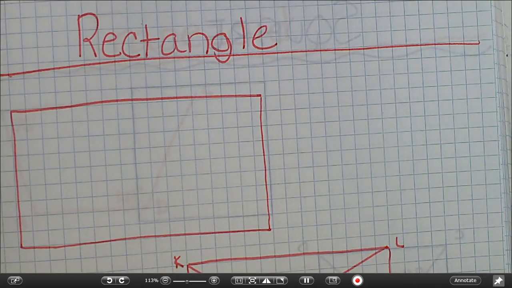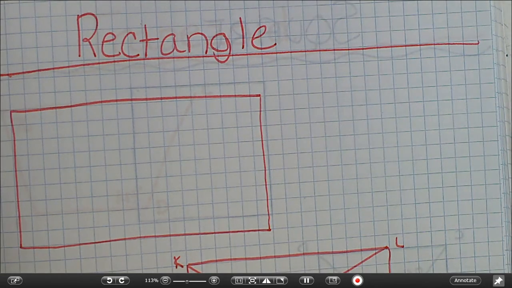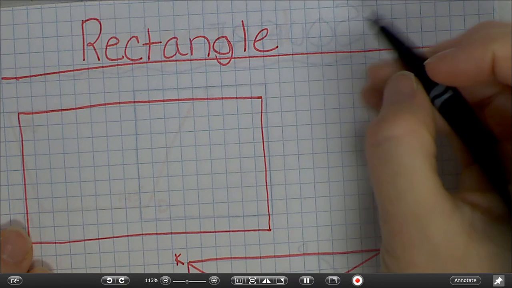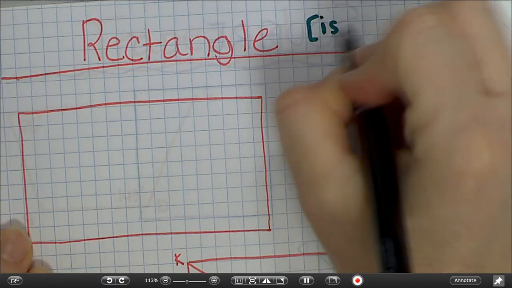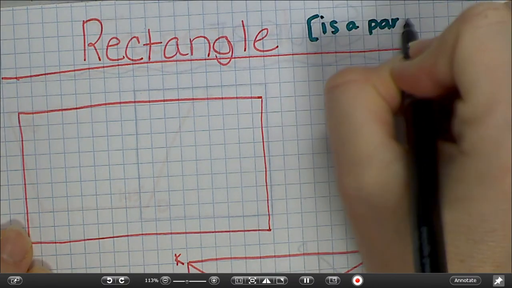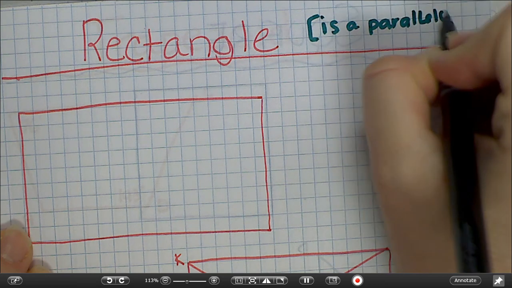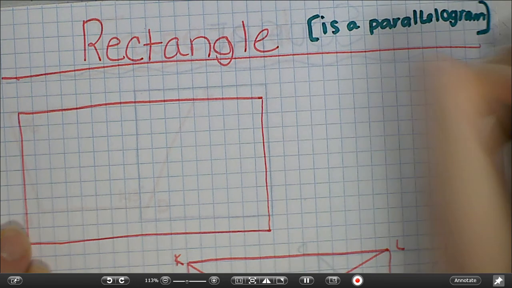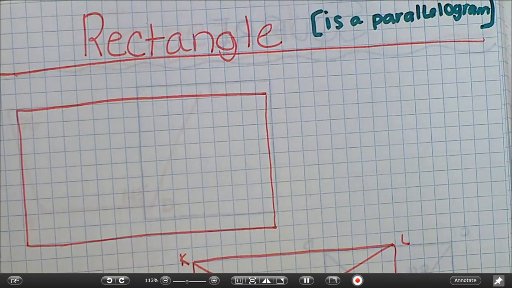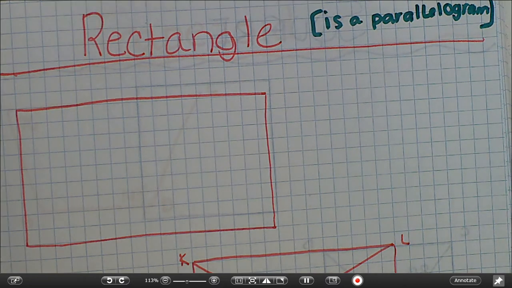All right, next video is about rectangles. So a rectangle is a parallelogram, remember? It's just a special one. And so it has some special properties. First, you need to remember that it has all of the same properties as a normal parallelogram, which you should